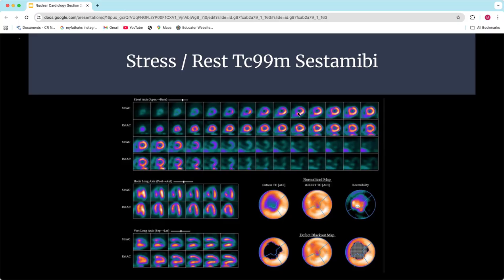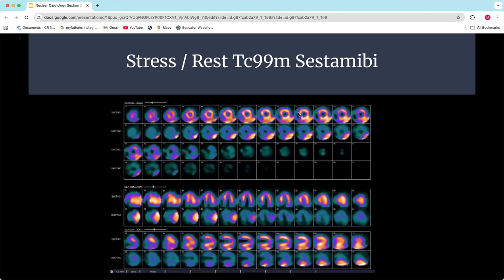All right, so get used to looking at those whenever you can. If you want to look at a heart, get a chance to look at those. When we look at PET, these same principles will apply, and we'll look at some more images with PET next time. But I want to talk about some things that can happen and that cause problems, okay?